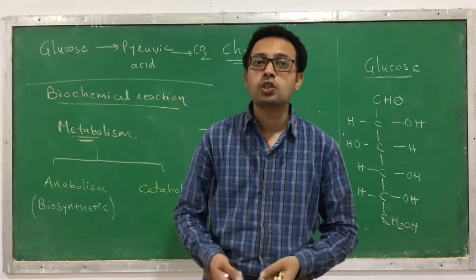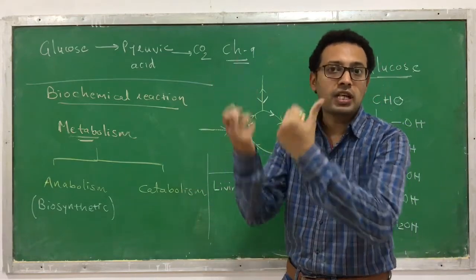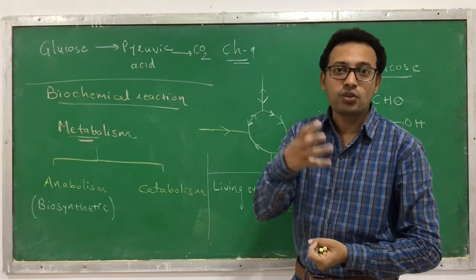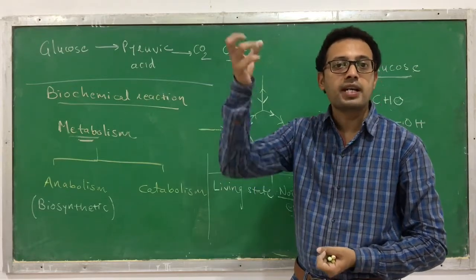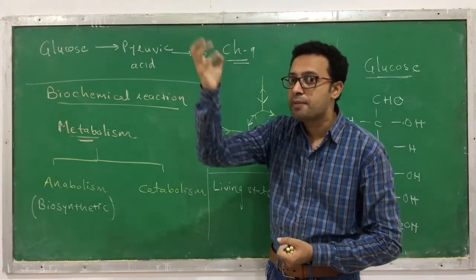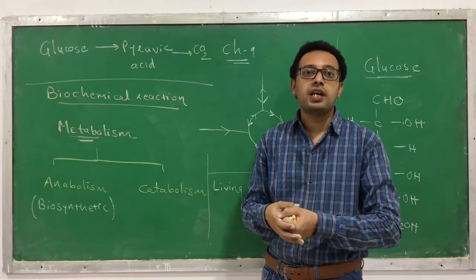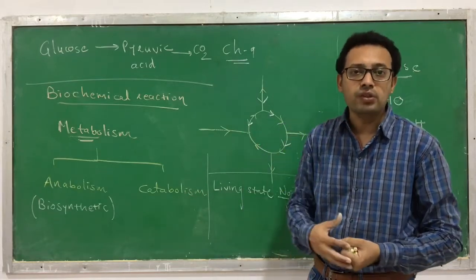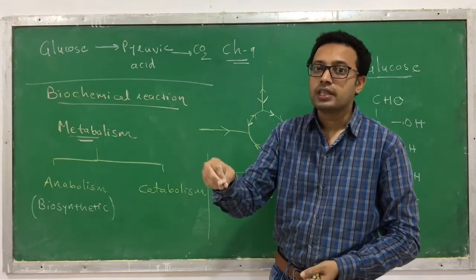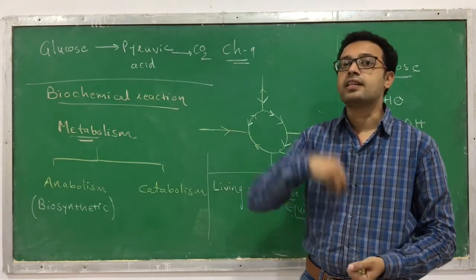And the reverse is also possible. What happens in the case of photosynthesis? The carbon dioxide that is obtained by a plant from the atmosphere, in photosynthesis you know that the process requires carbon dioxide. The plant takes this carbon dioxide and combines it either in the C3 cycle or C4 cycle and makes a glucose molecule. It stores this glucose molecule and we eat this from the plant.